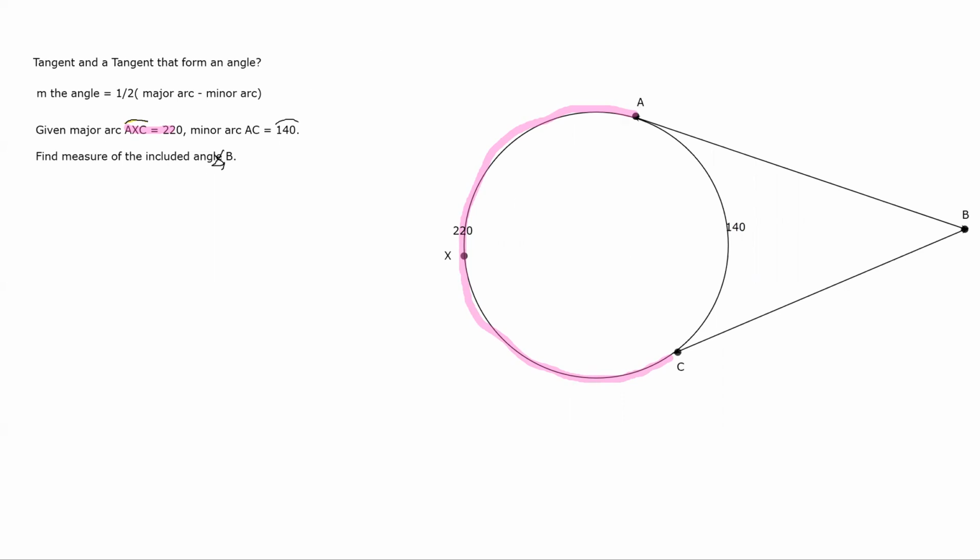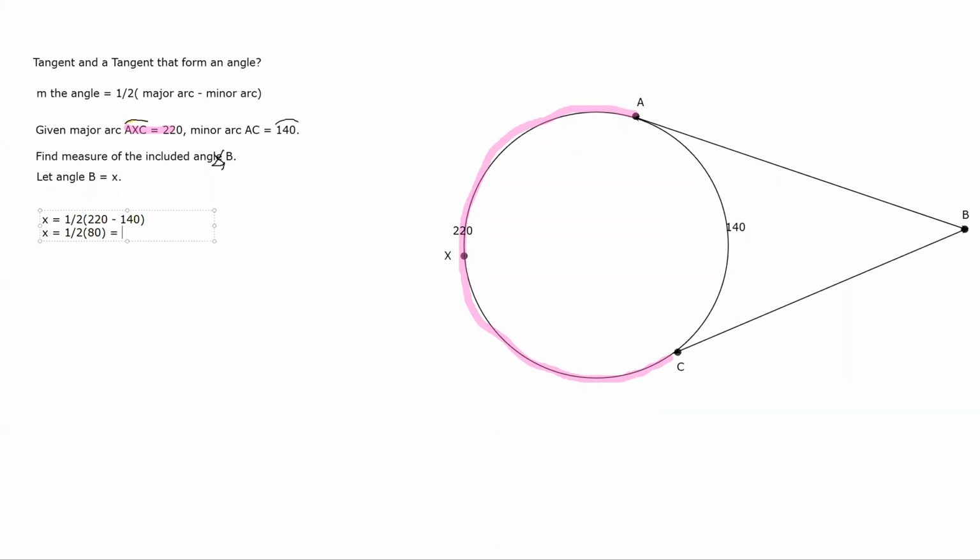So we're going to let angle B equal X. Now we're going to set up an equation. So the measure of the angle B, X, equals 1/2 the major minus the minor. 220 minus 140. So the measure of angle B equals 1/2 times 80,